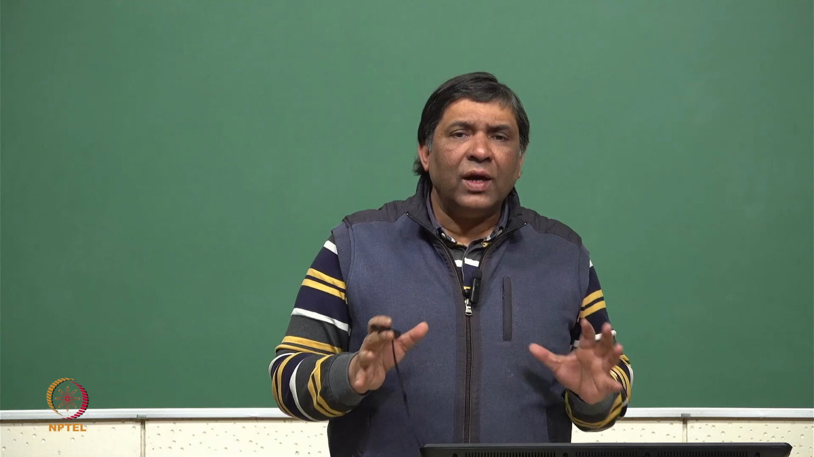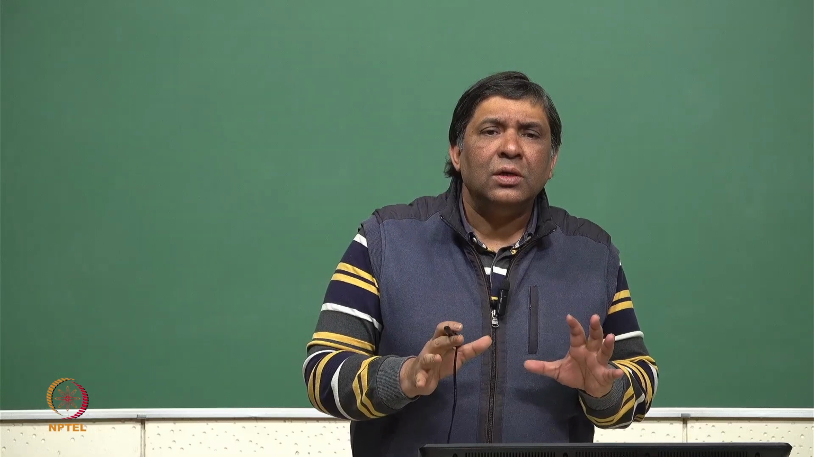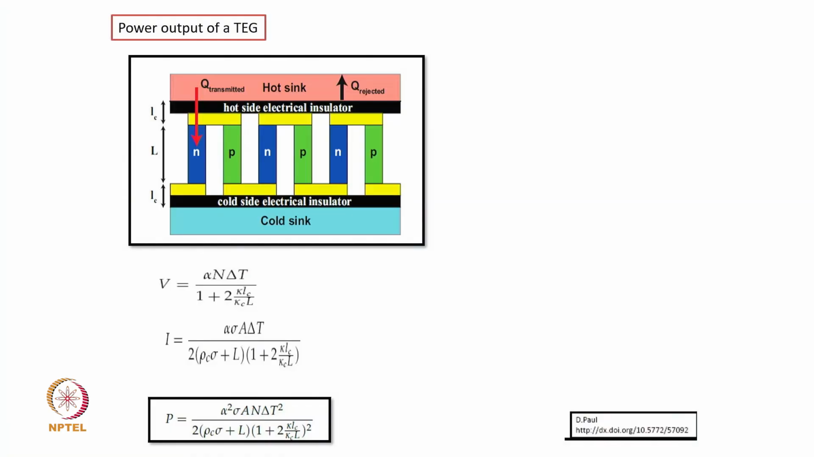And now when we have such a series of devices, one can show that the voltage output of this device depends on the Seebeck coefficient and on the number of legs. So, alpha is the Seebeck coefficient, n is the number of legs, delta T is the temperature difference,